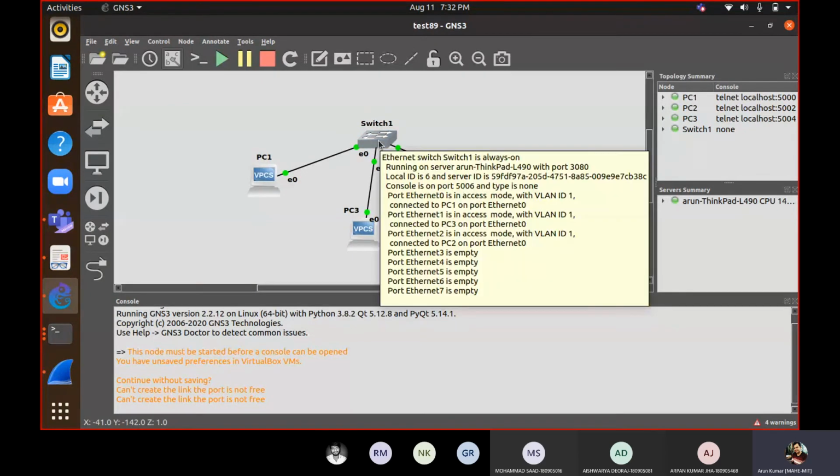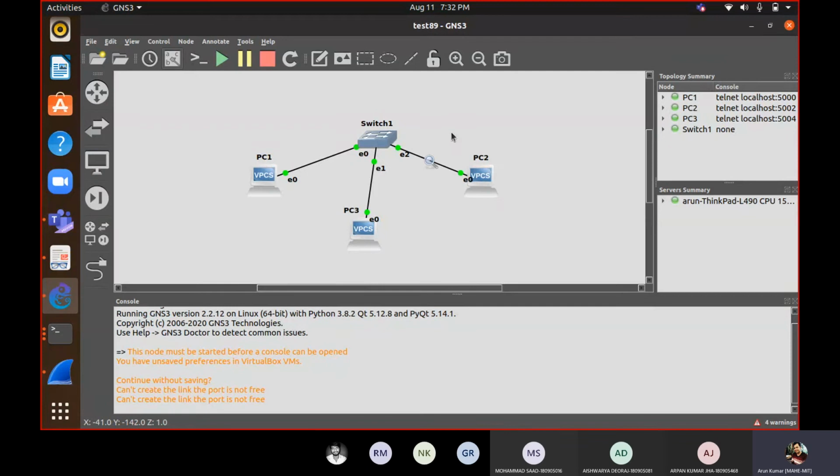There is some element of intelligence in switch 1, and how that intelligence works is simple: it will monitor the traffic, it will monitor the ARP packets coming and going, and based on the source IP address and the MAC address, it will copy and place them in its ARP table. For a while it will maintain it.